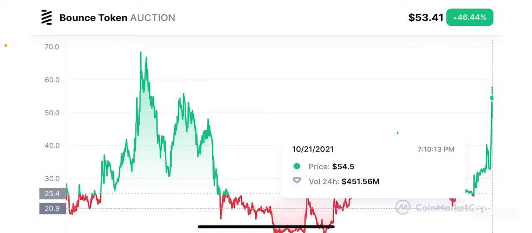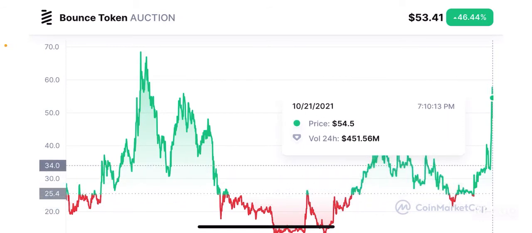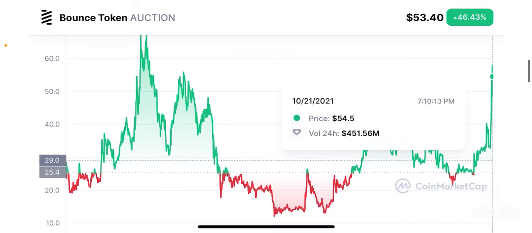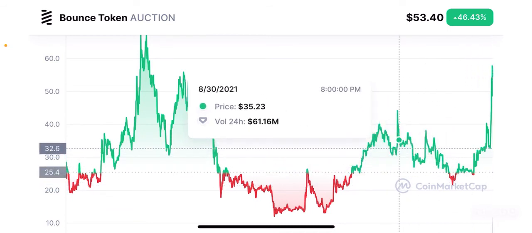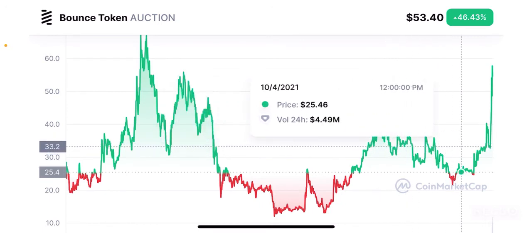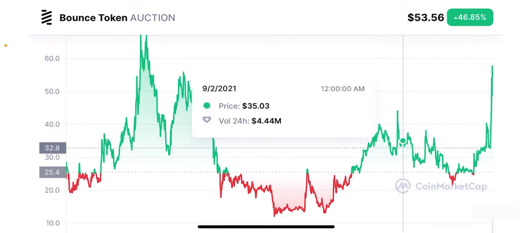But I think it can make a new all-time high, crossing the $70 mark and maybe even touching the $80 to $90 mark in the upcoming months as we near the bull run peak, right? But if you see here, this token can easily reverse at this price point, which means you need to be extremely cautious. I would probably suggest the $30 to $35 mark be the resistance or support which this token can get, thereby giving us an opportunity to buy this token somewhere between $40 to $38.